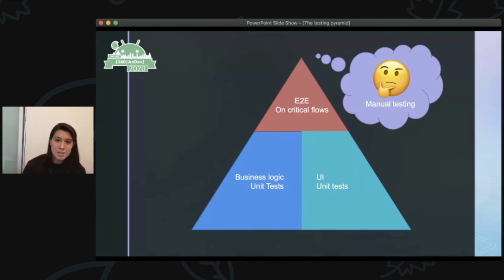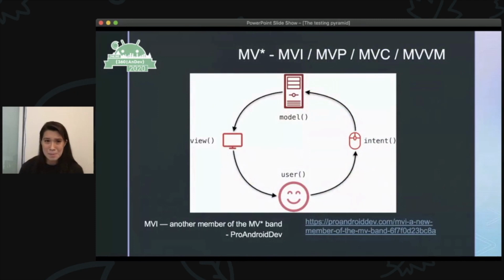So anyway, back to unit testing. There have been some wonderful talks on unidirectional data flow and MVI, MVVM already. And I'm very glad for that, because I was planning on glossing over it a little bit. But basically, all I'm looking for is, in order to make your code unit testable, you need to have some kind of business logic handler.